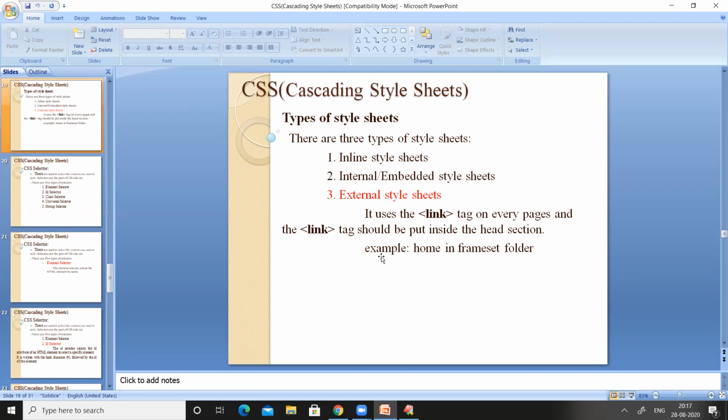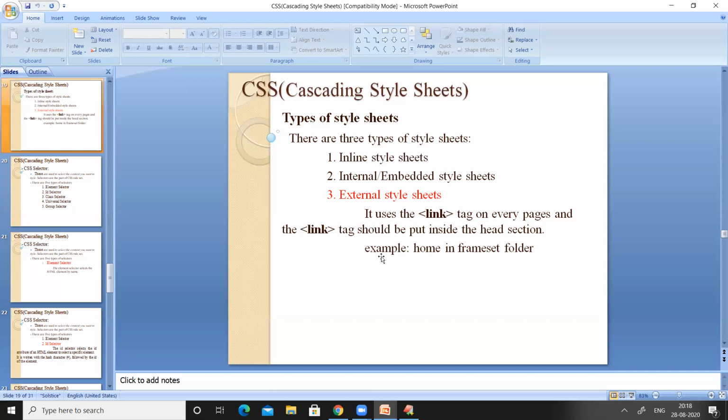So if we want to apply the same styles for 4 HTML documents, we need to write this link tag inside the head section of these 4 HTML documents, so that the styles will be common for all the 4 HTML documents.